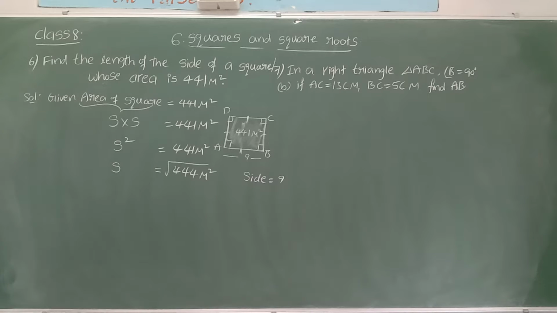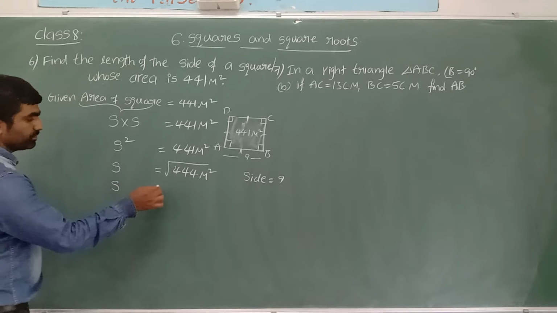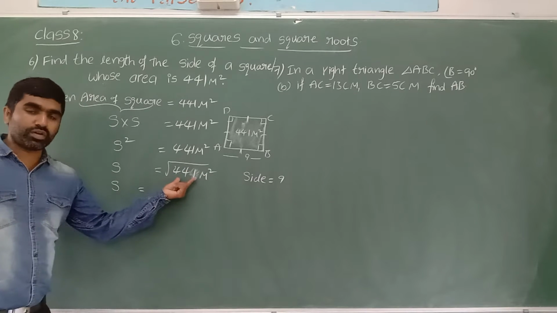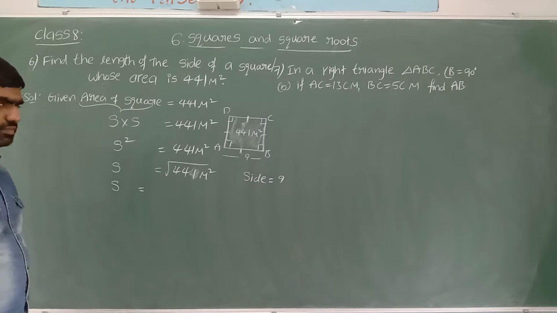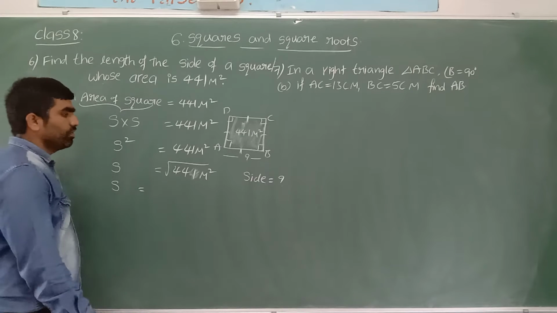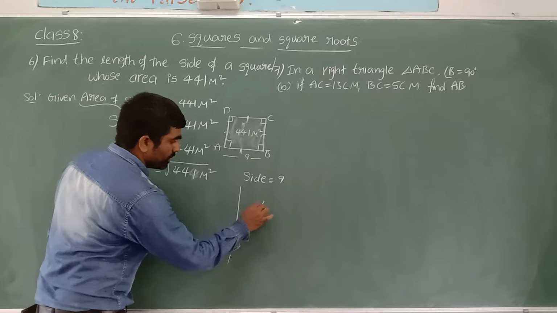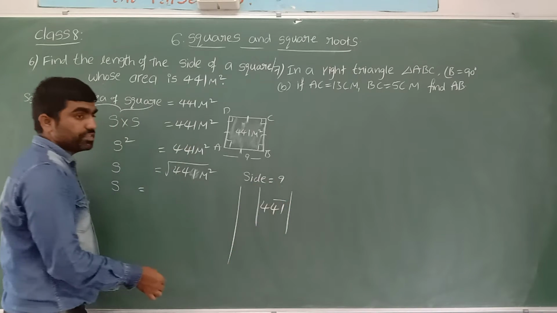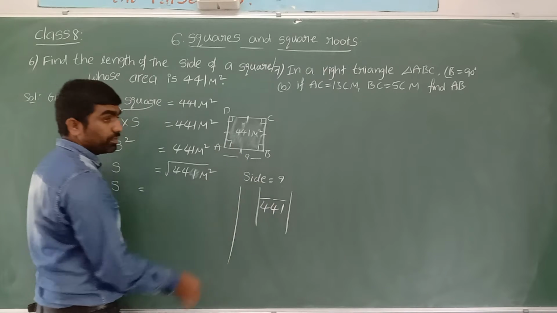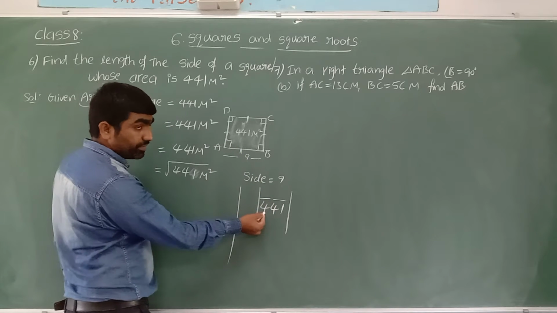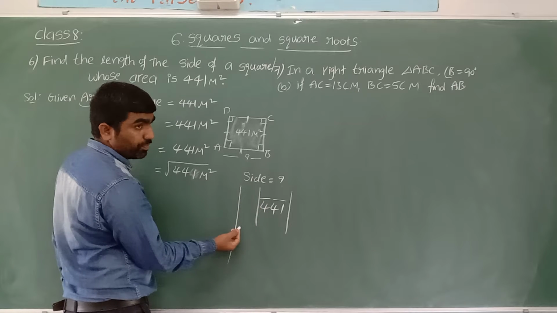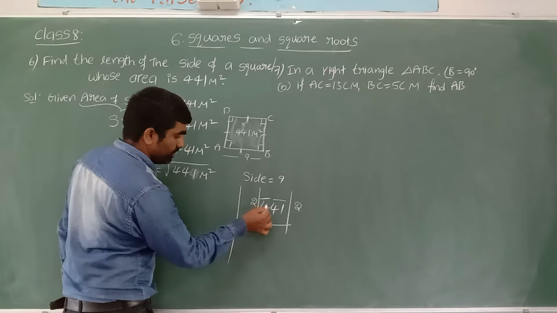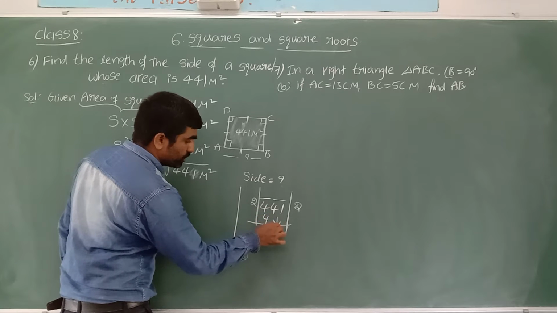Now side is equal to the square root of 441. We can find the square root using any one method, prime factorization or long division, whichever you are comfortable with. Let me go with the long division method. Place the bar from the ones place on every pair of digits. Here only one digit is left, so keep the bar. Take the perfect square nearest to 4, or equal to 4 is also possible. 4 is a perfect square, 2 twos are 4. 4 minus 4 is 0. Take the next two digits down.